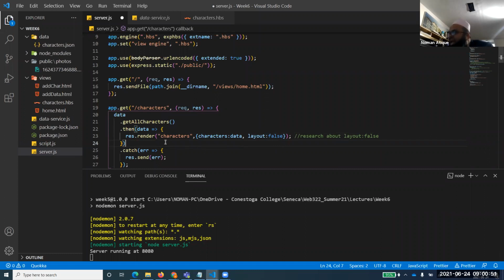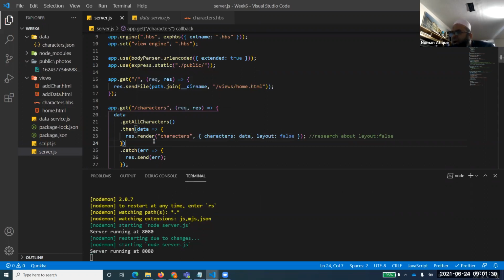Anyhow, so what I'm saying now is that getAllCharacters should not send raw JSON. No, not at all. So res.render('characters') will send data from this one. So again, don't send the raw JSON, rather send our proper data. What is that? A proper HBS file, not an HTML file. The characters HBS file. Open that file and send the data with the name of characters. Right? So now I save this one.